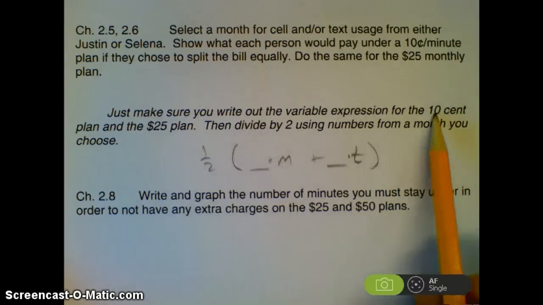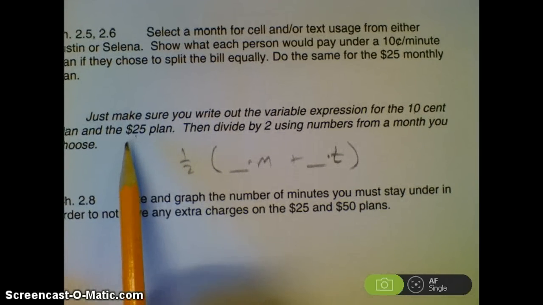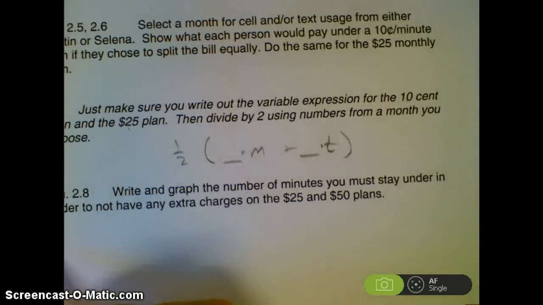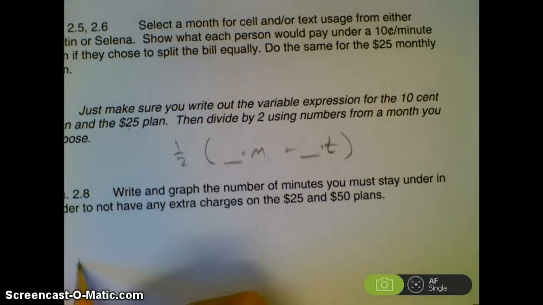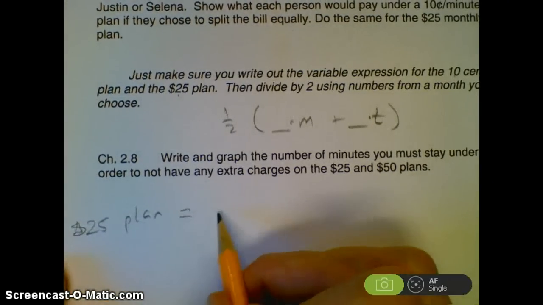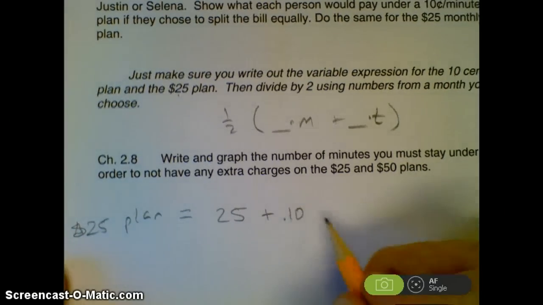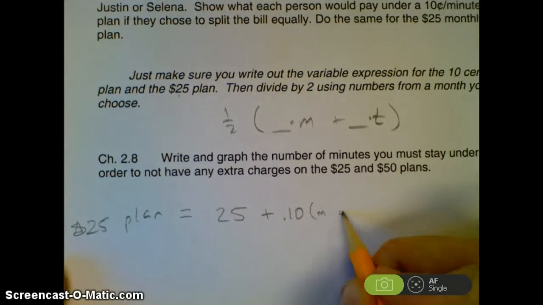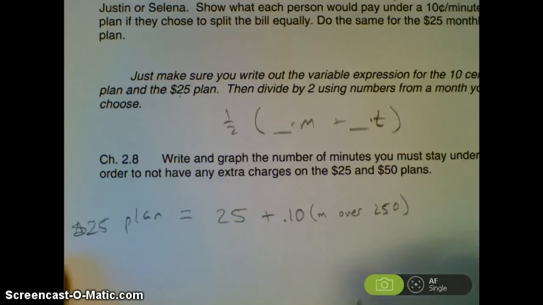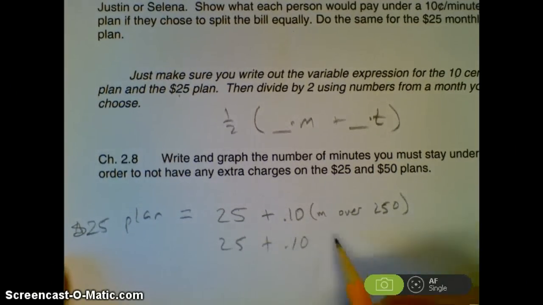But you've got to do it for the 10-cent plan and the $25 plan. So for the $25 plan, the variable expression is different. For the $25 plan, you are paying $25 plus 10 cents for every minute over 250. So maybe I'd call that 25 plus 0.10,